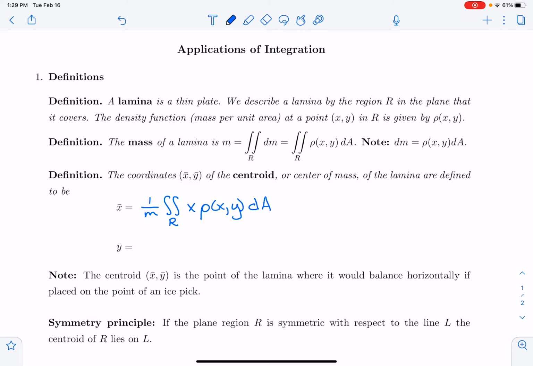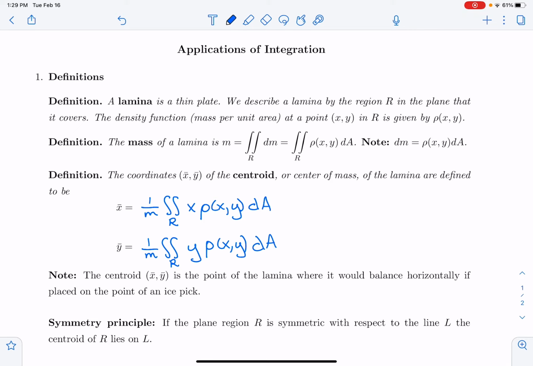The y coordinate will be 1 over m, double integral over our region R of y rho of xy dA. And that will be the y coordinate of the center of mass. And so here we're thinking about the center of mass, or centroid, as the point of the lamina where it would balance horizontally if it was placed on the point of something like an ice pick. Okay, this is the point where this thin metal plate that has some sort of area density would balance